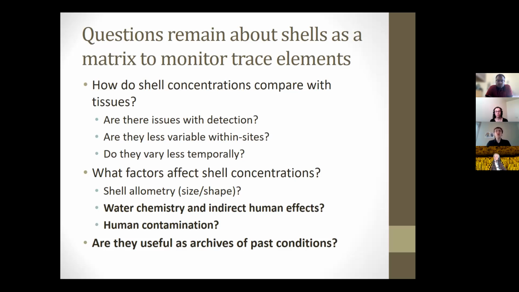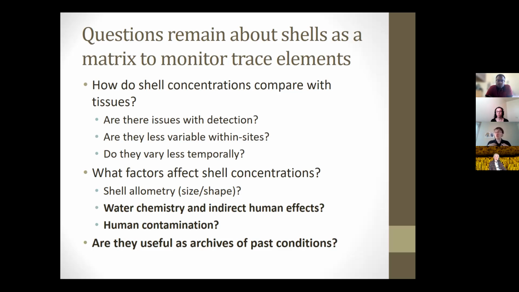So we know we use mussel and clam tissues all the time to monitor elements. In fact, the US EPA has a long-running program called Mussel Watch. They sample mussels from the Great Lakes and along the coastlines, and they've been doing this since the 1970s on an annual basis so that they can measure what's going on with toxic trace elements and other toxicants in those systems. So we know that tissues work, but we also know that tissues vary very quickly depending on what's going on around them, and also reproductive status.